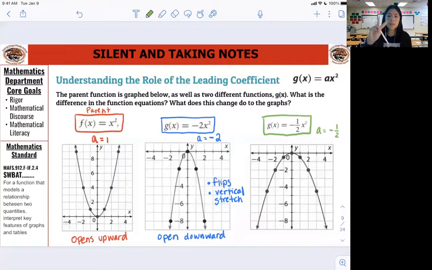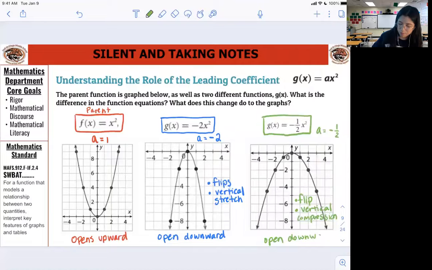What are the two things? Because a is vertical compression. Yeah, vertical compression. So not only does it flip, but also there's a vertical compression. And it's opening downward. So the negative sign,